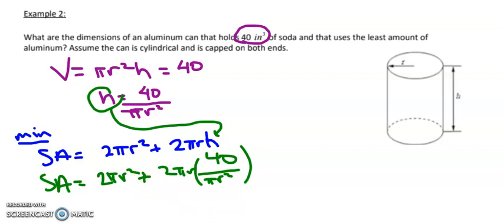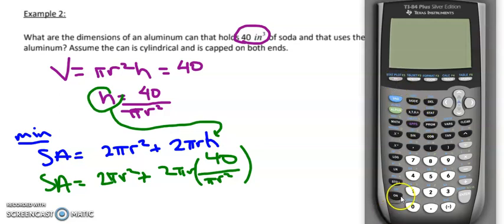So let's pull up our calculator, and what I'm going to ask you to do is go to the y equals screen, and I'm going to have to clear out what I have from the last time I used the calculator. And in our y equals screen, we're going to put in this entire formula for surface area. We're going to use x in terms of r because the calculator won't take an r. So we do 2 times pi, 2 times pi times x squared, add to that 2 times pi times x, and then open parentheses,